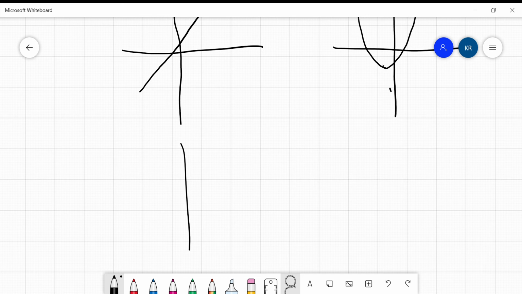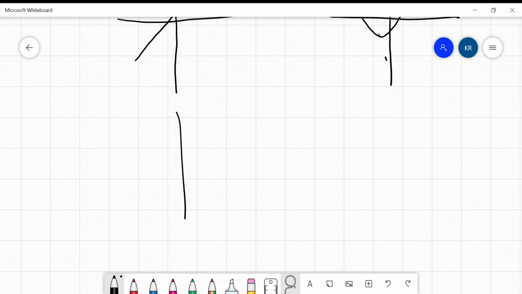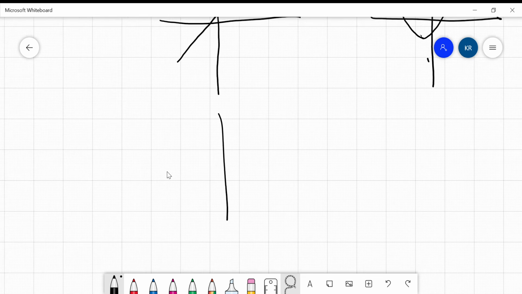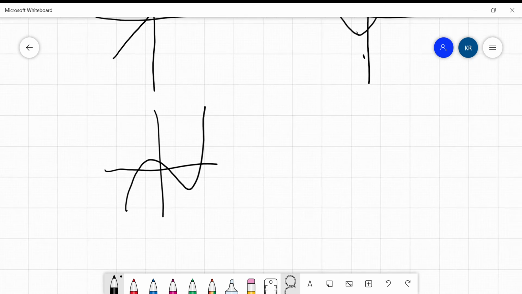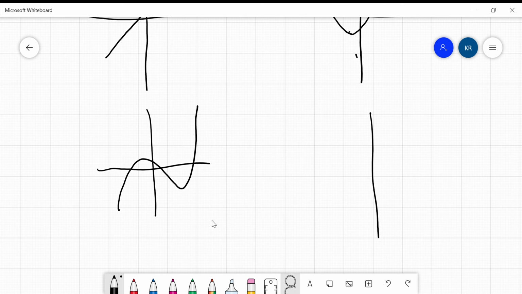Here is... okay, sorry, another one. This is not facing to right. Yeah, and finally,